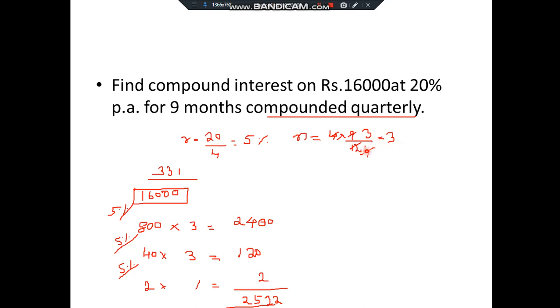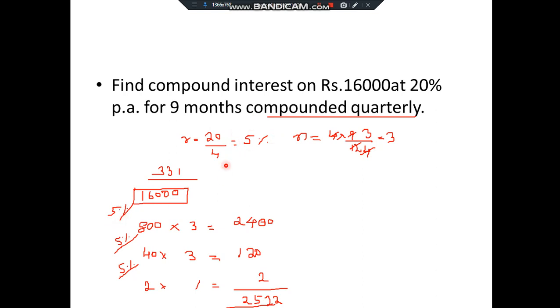Fine. Now N is 3, right? You can go with the 331 method or successive method or normal formula method or percentage method, whatever you are okay with. I am doing it with 331 because that is quite easy. So 16,000, box it up, that is your principal. Find 5%. Always see whatever is given, convert it and write, and then choose the method, because at certain times we'll forget that it is compounded quarterly and we'll substitute 20% of 16,000 and find the answer, and that will go wrong. So always remember that. You'll have to find it for 5% only.